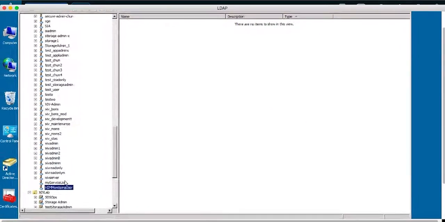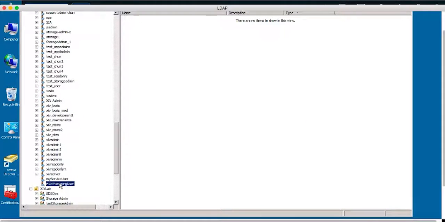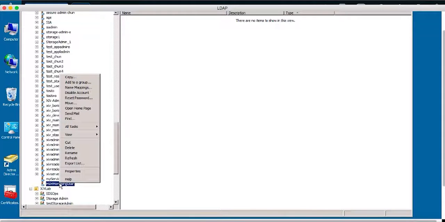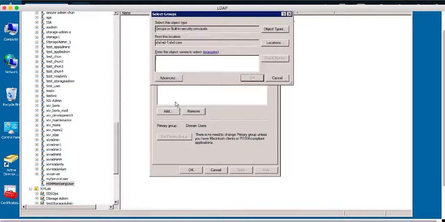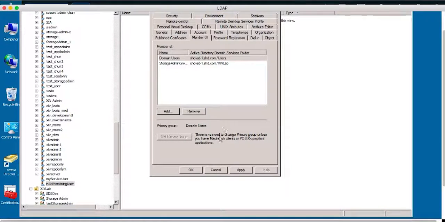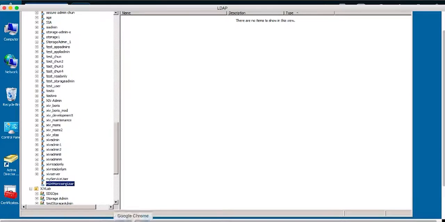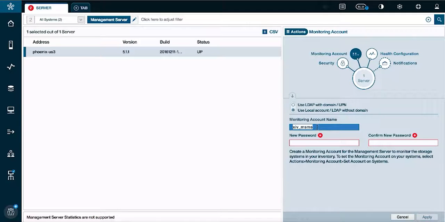So it's very important that this account has the storage admin role. This is very important for it to not only log in, but it needs to have the admin role mapping to be able to do all of the admin roles on any defined storage systems. So here I have defined it. It's part of the storage admin group. I can now put this user in this particular field box. After I click Apply,